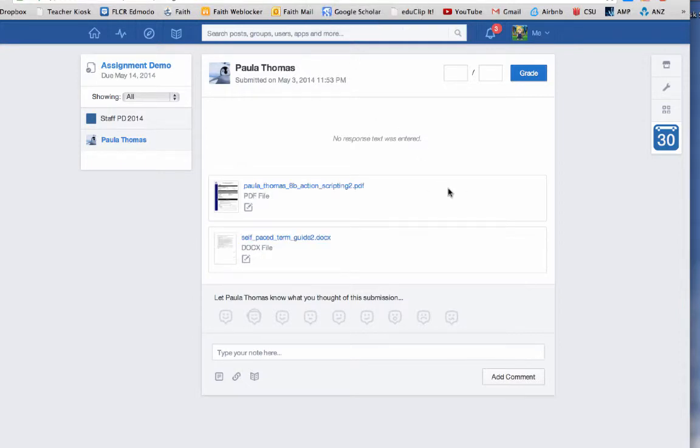When I'm looking at the students' assignments, what I'm looking for under their assignment is that small pencil tool here. You can see if I mouse over it, it says annotate. When you click annotate,